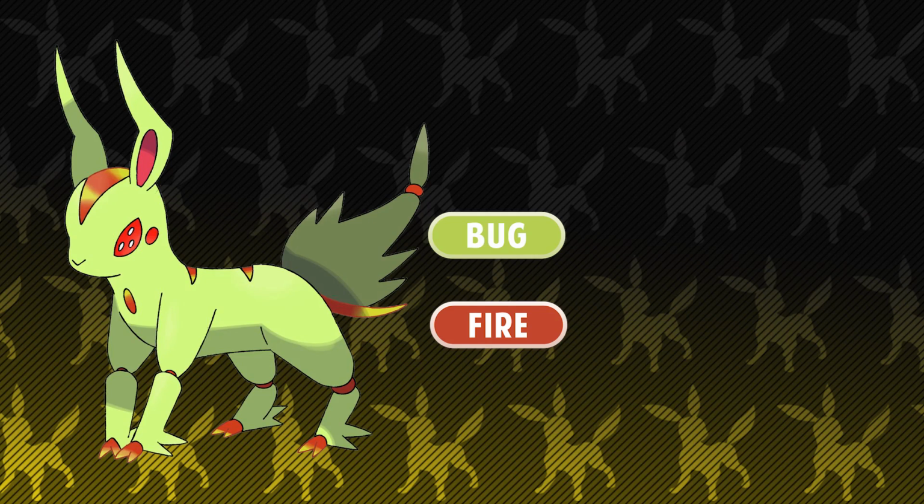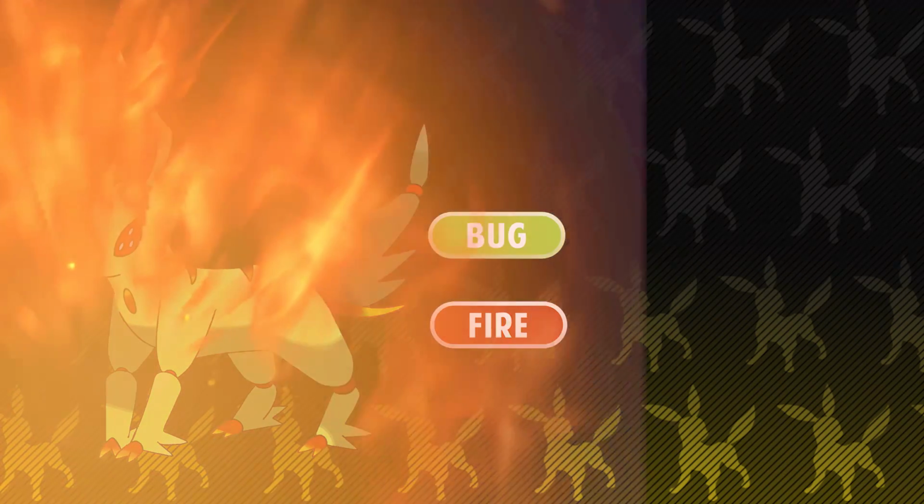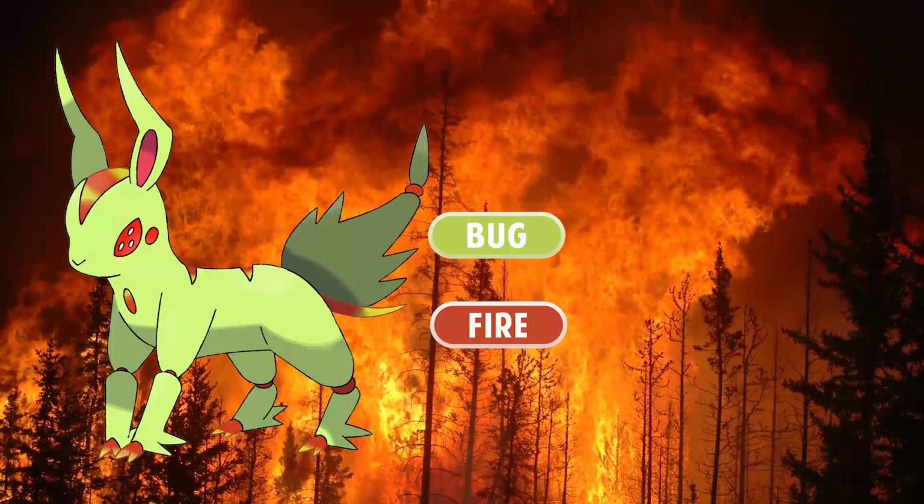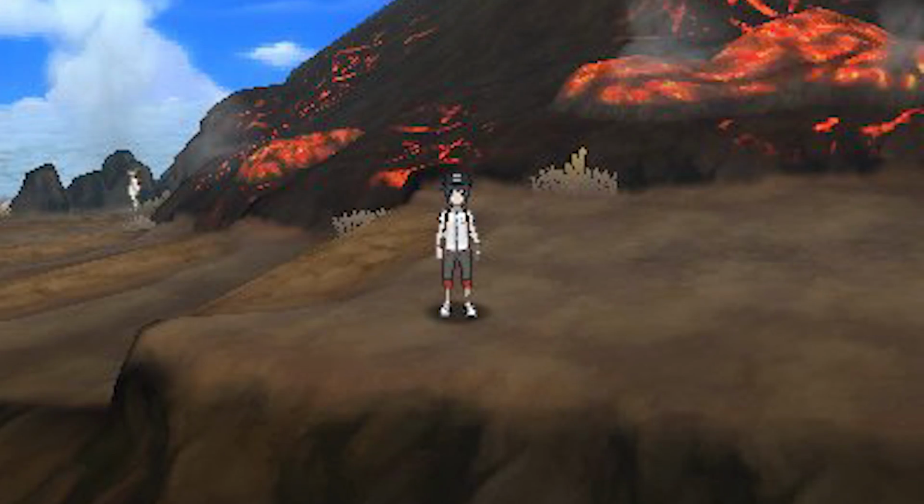No, not that hot fire. I'm talking fire blasts and flamethrowers. I don't think it would be a good idea to let Bug Lavion live in a forest though. I think it would probably burn the majority of it down. But I could see it living in the Waiala Lava Park in Sun and Moon, or maybe in Jagged Pass